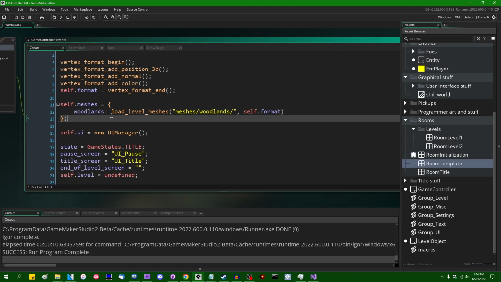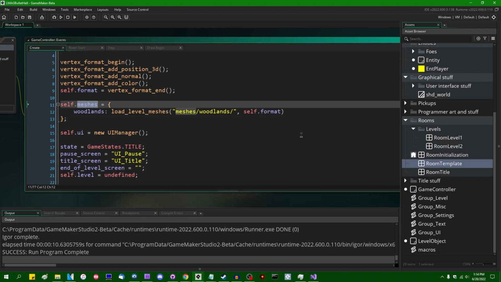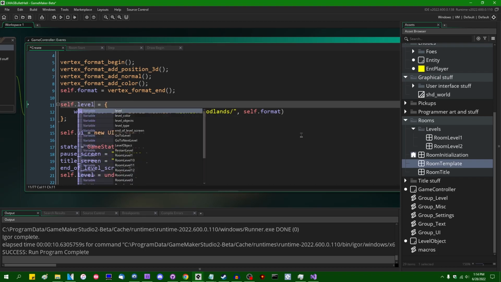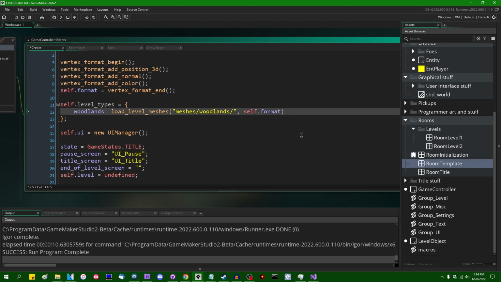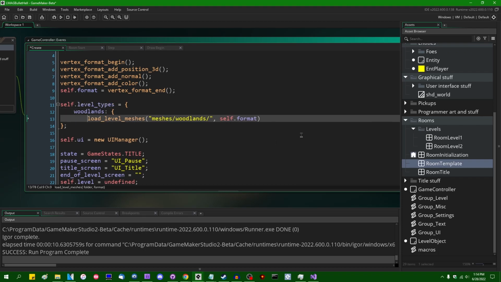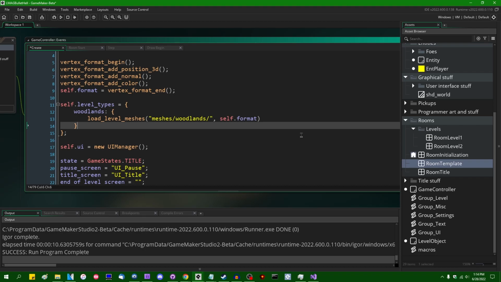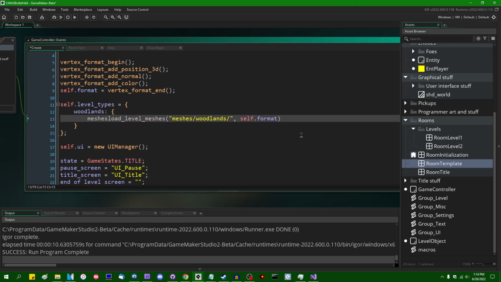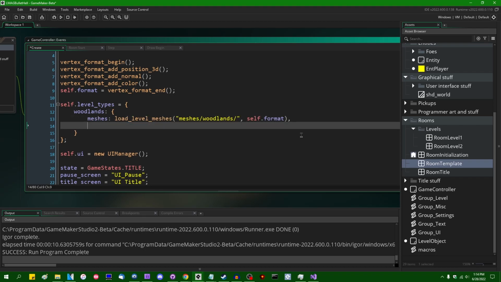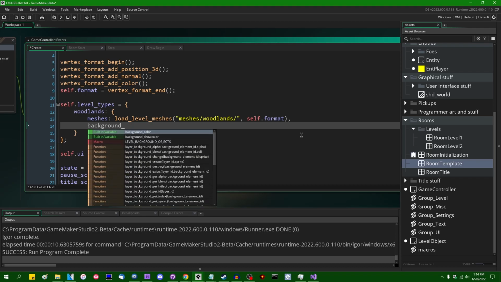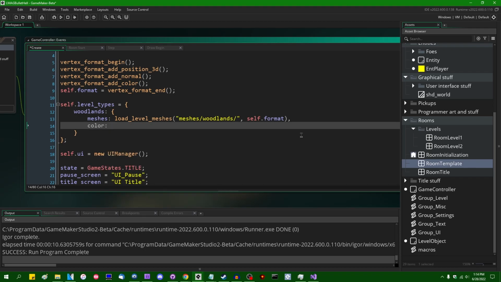So self.level types can be a struct containing woodlands, which contains meshes like this, and a background, or just a color,